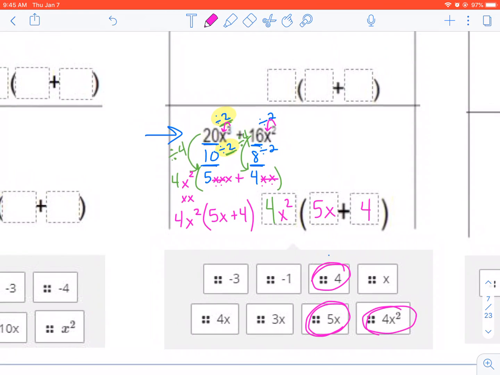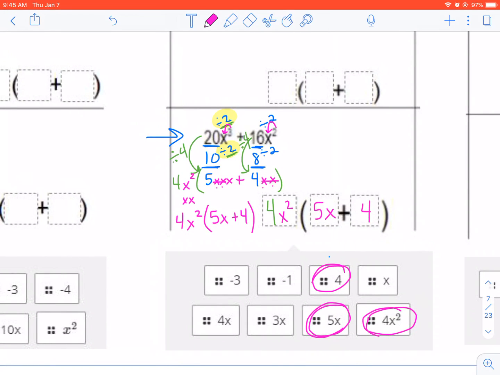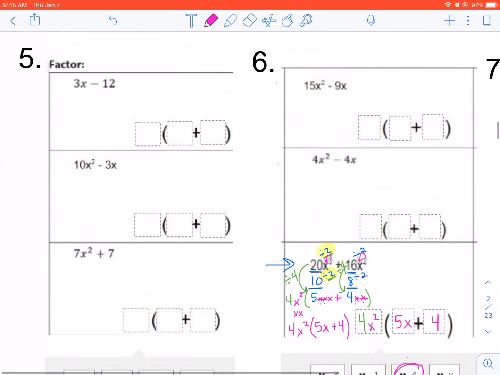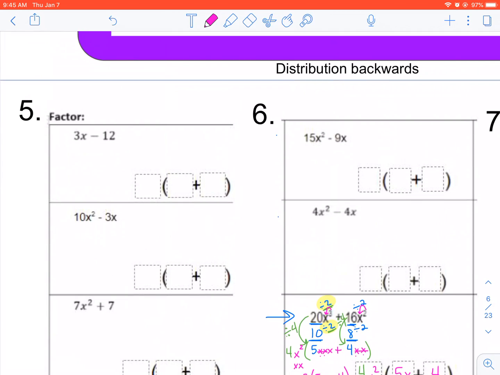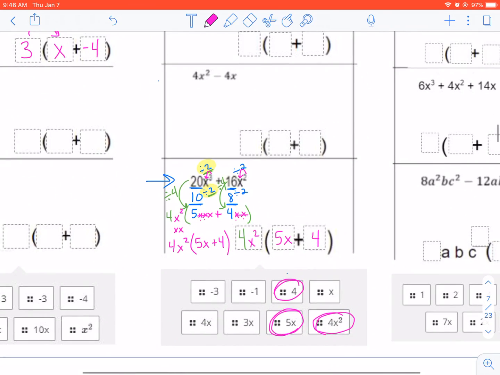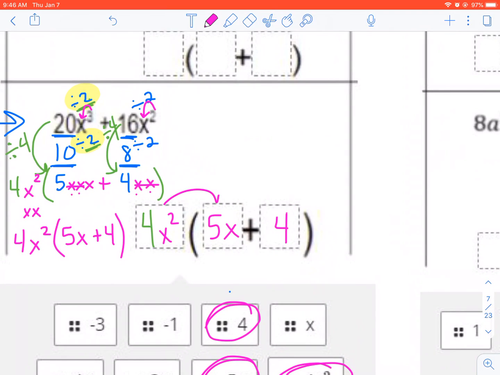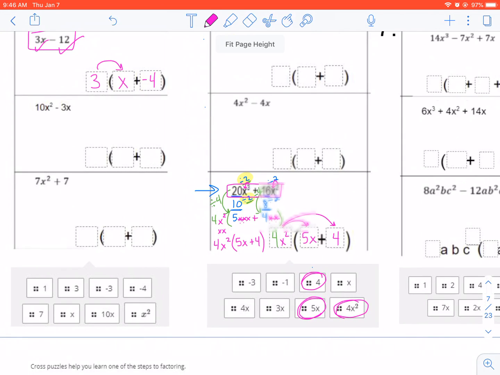Now, something that we didn't talk about before was how you can check yourself. I'm going to go back here and look at this one that we did to begin with. Our answer was 3x minus 4. Once you get your answer, you can always multiply it back to see if you get your beginning question. 3 times x is 3x. 3 times a negative 4 would be a negative 12. You could do the same thing with these down here. You can multiply it back, distribute it, to see if you get your original question to make sure that you did it right. You're going to finish the